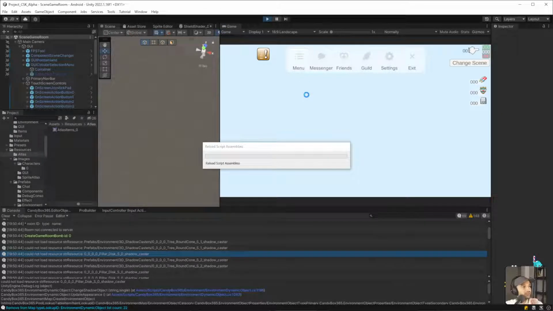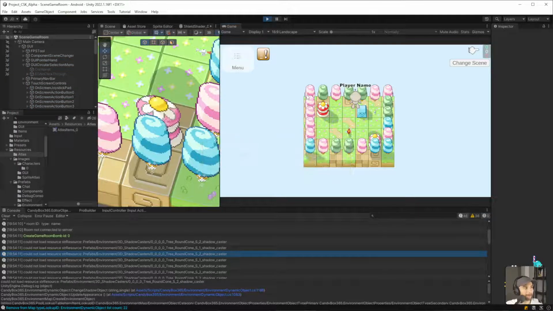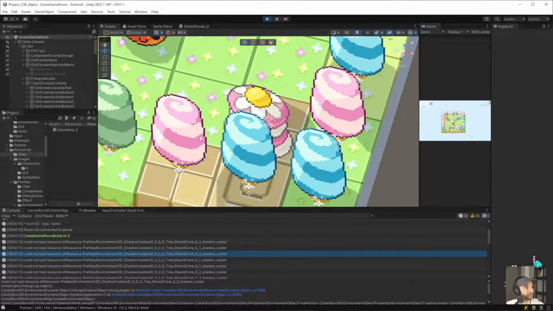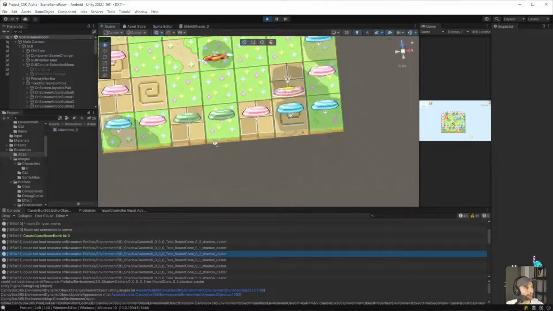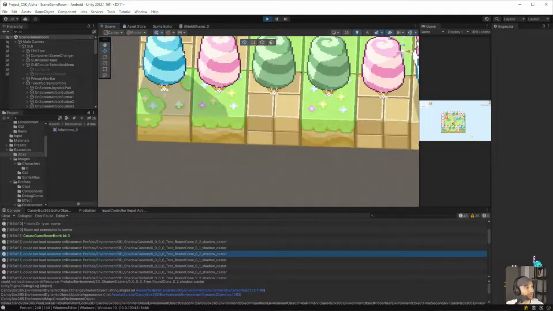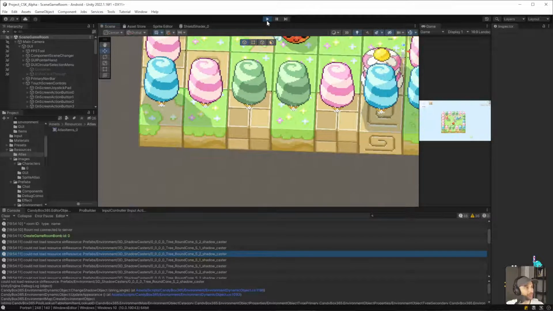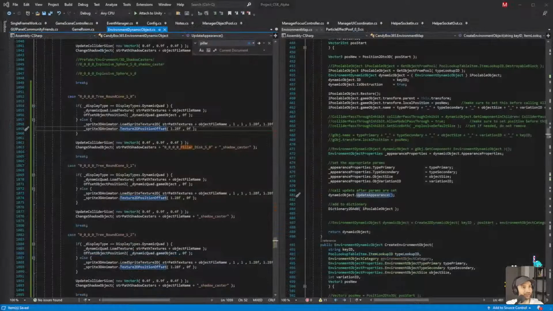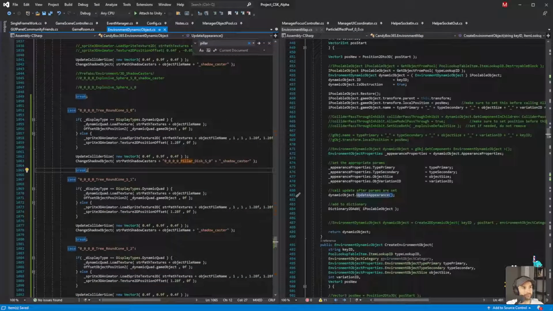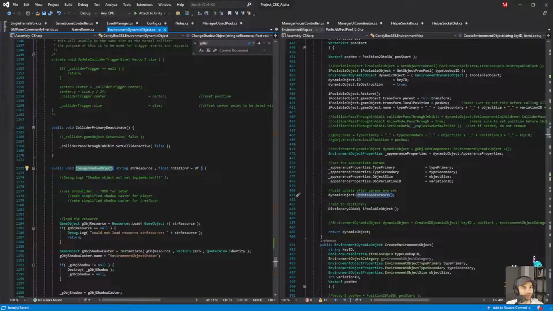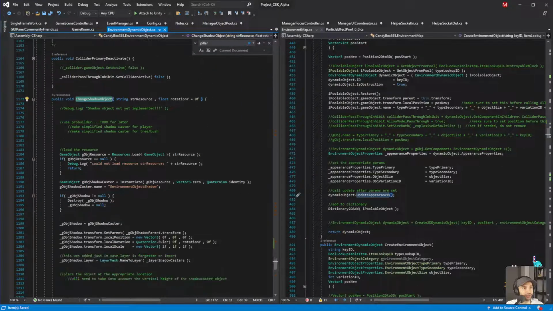Okay, so let's see if the shadow works. It should hopefully work, but we'll find out. And yeah, so the blue ones are casting shadows now. The shadow is way too big. Can I scale? Change shadow object. What options do we have? Rotation? Do we have scale?